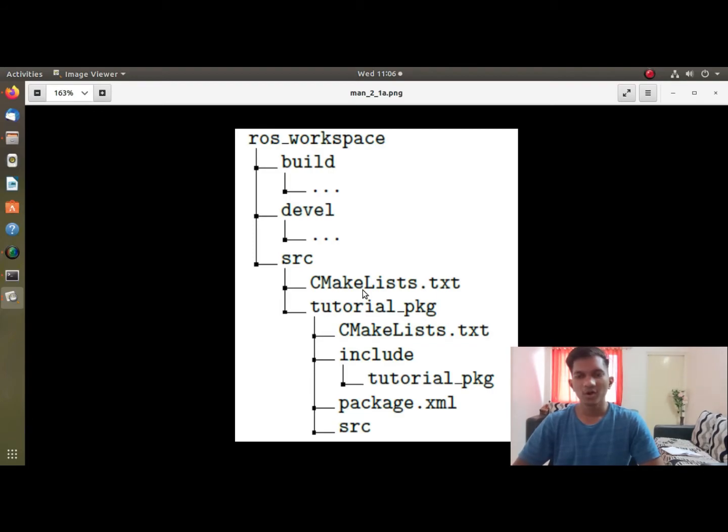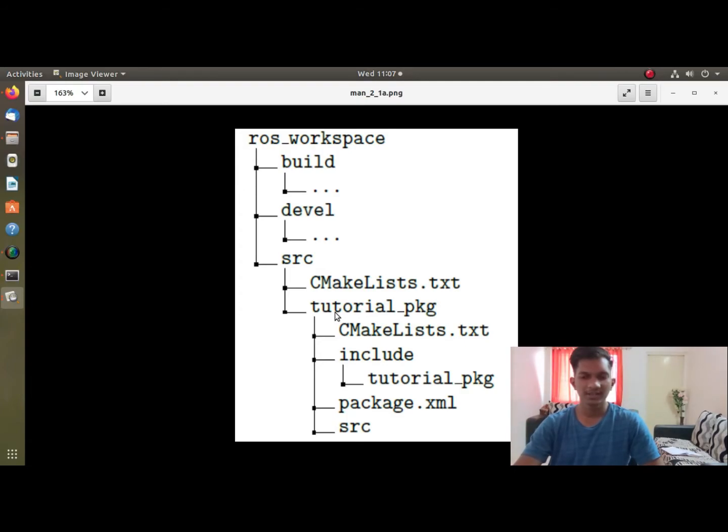Build will contain all the compiled files. Source will contain your CMakeLists.txt file and the package folder, and in that package folder there will also be CMakeLists files, and it will contain include and src, these two main folders.